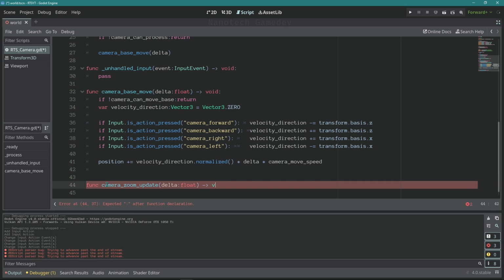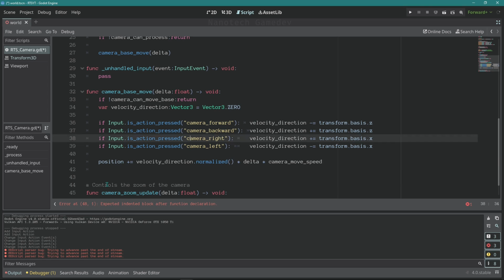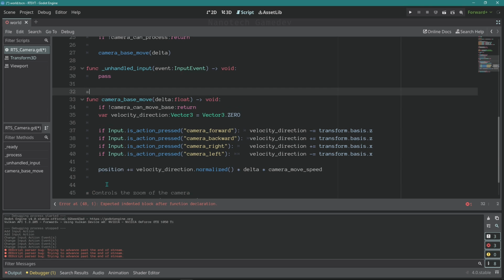This function does return nothing, so let's add void. Let's add a description for this function, so later we can know what it does. Controls the zoom of the camera. This guy here, let's give a description. Moves the base of the camera